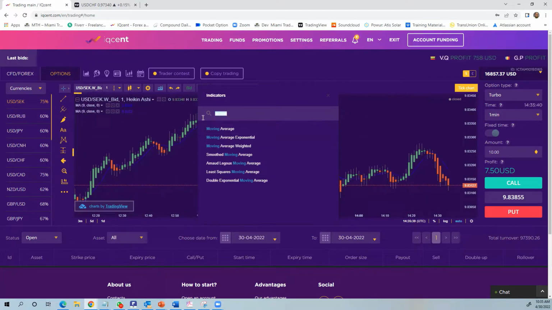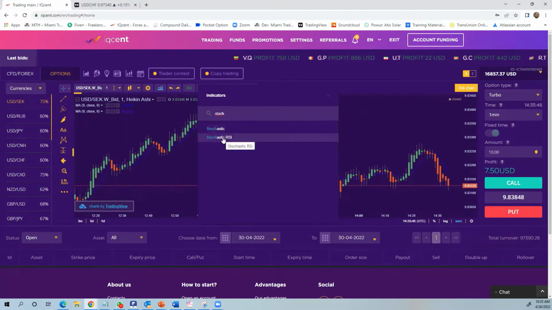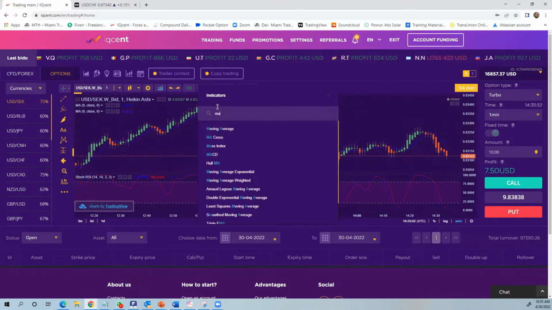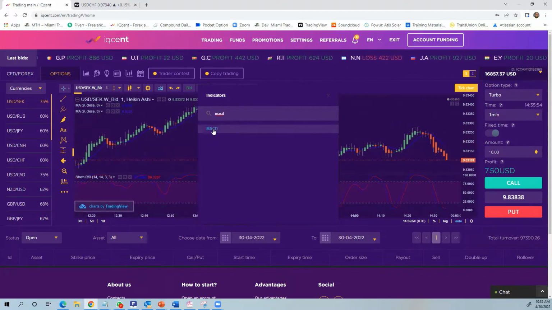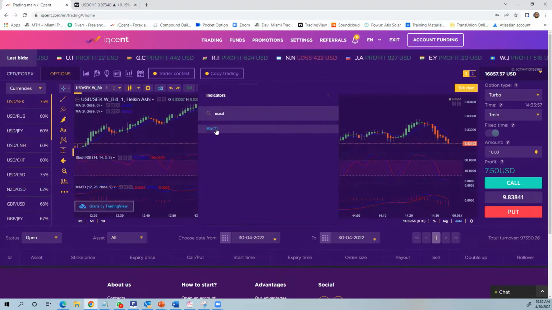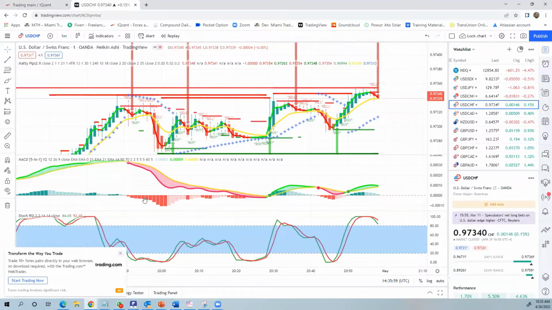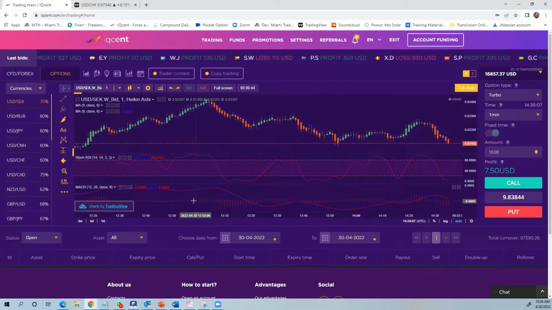And the next thing we want to add is the stochastic RSI. Here it is. It's stochastic RSI. I'm going to select that. Here it is down here. Then the next indicator we're going to add is the MACD. The famous MACD. Let's click and add that. It's not as pretty as Tradingview down here where it changes from green to red, from red to green. But you can kind of see the concept where it's coming from the bottom to the top, and we're going